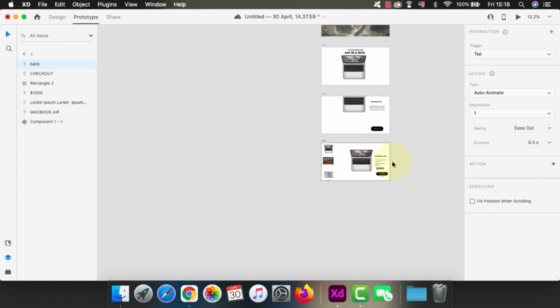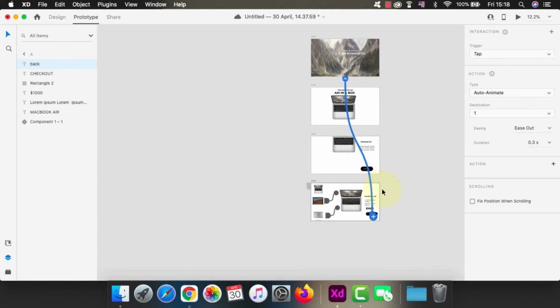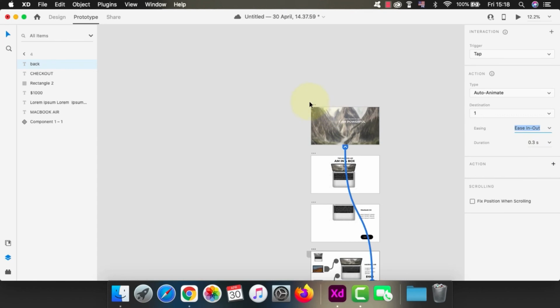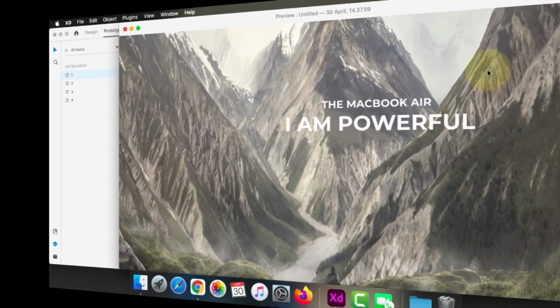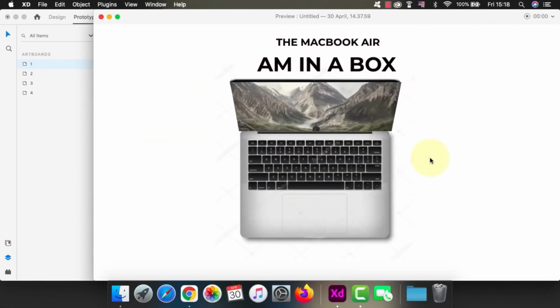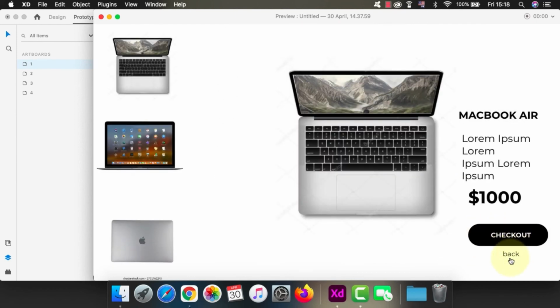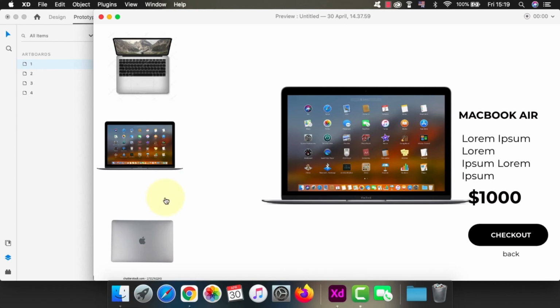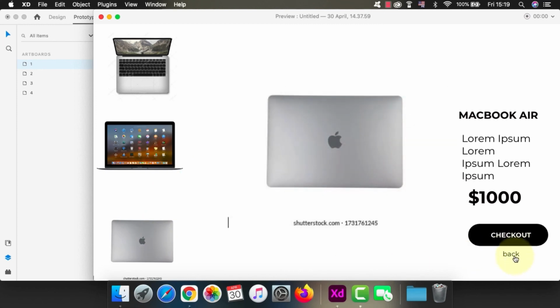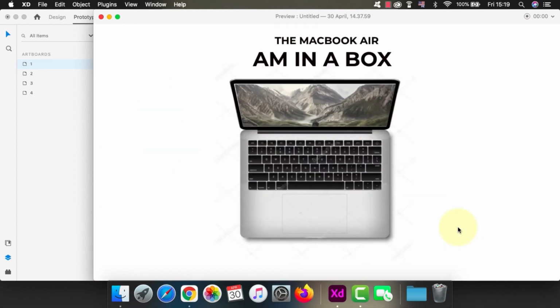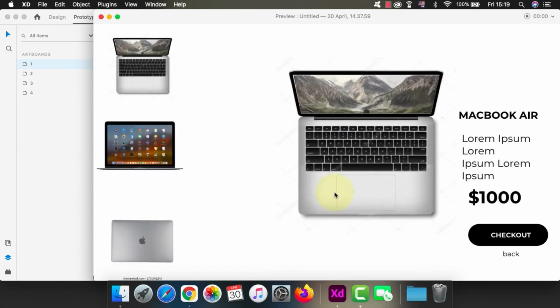Now let's preview our work. All right, ease and ease. Let's use ease out. Then we'll play. All right, scroll down, click on the shop now button, take you here. So you click on back. Okay, let's say this one. So right, click on back, take you back to artboard 1. All right, that's a simple way to go